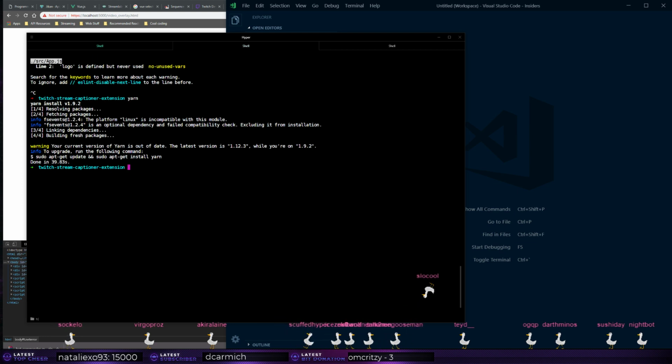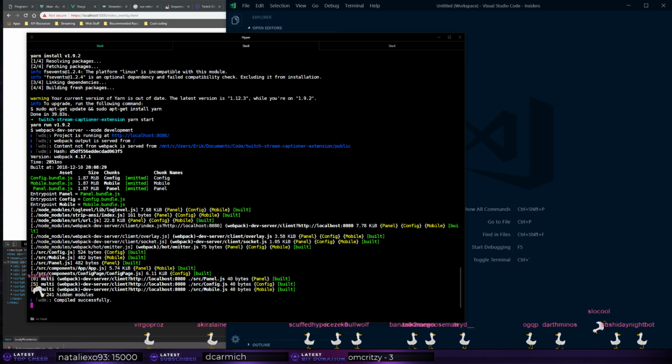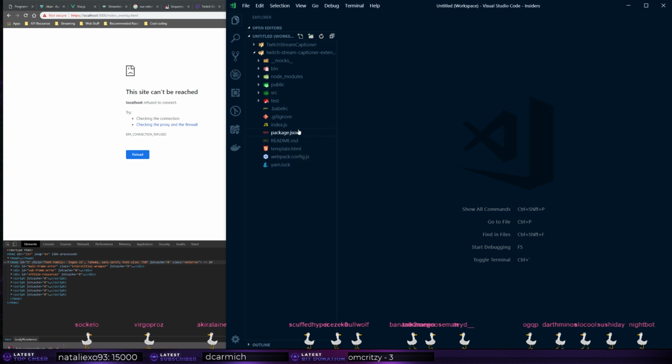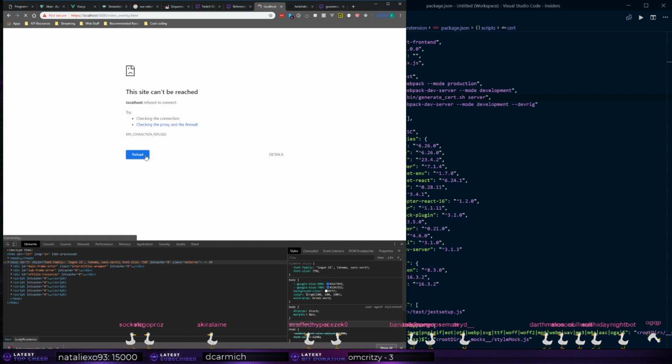Okay, so yarn start should start it up. What happens if I want to start this up in HTTPS? That's the problem, first of all. Because if I get this running,